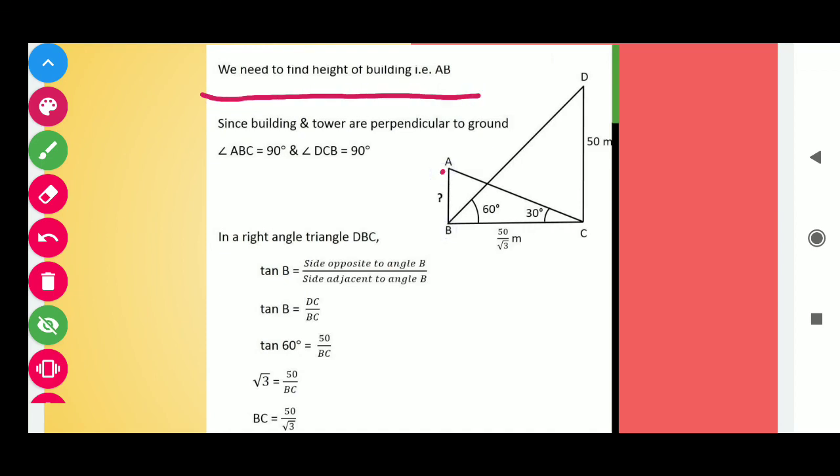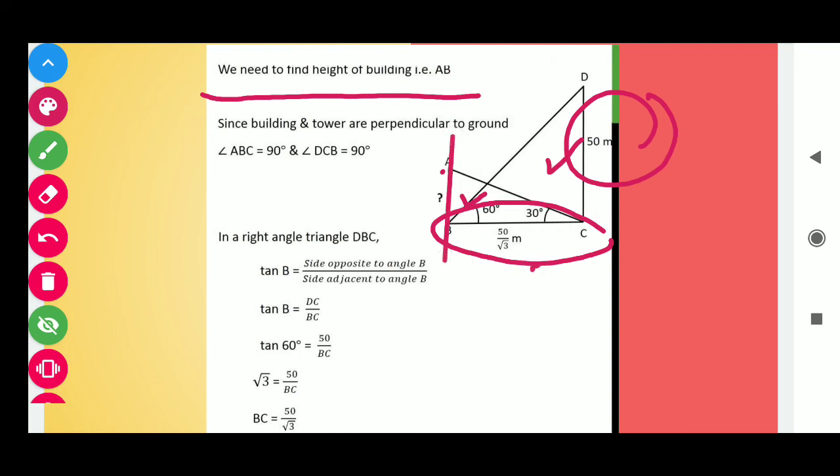नाउ स्टूडेंट्स, अब हमें एक रिलेशन बनाना होगा. वी हैव हेयर टू राइट ट्राइंगल. दिस वन फर्स्ट इज ABC एंड सेकेंड इज DCB. बट स्टूडेंट आप ये देखें दोनों राइट ट्राइंगल में क्या कॉमन है? कॉमन इज बेस, दैट इज BC. तो हम क्या करेंगे? गिवन 50 मीटर की हेल्प से बेस फाइंड करेंगे एंड देन with this base we will find the height of the building.